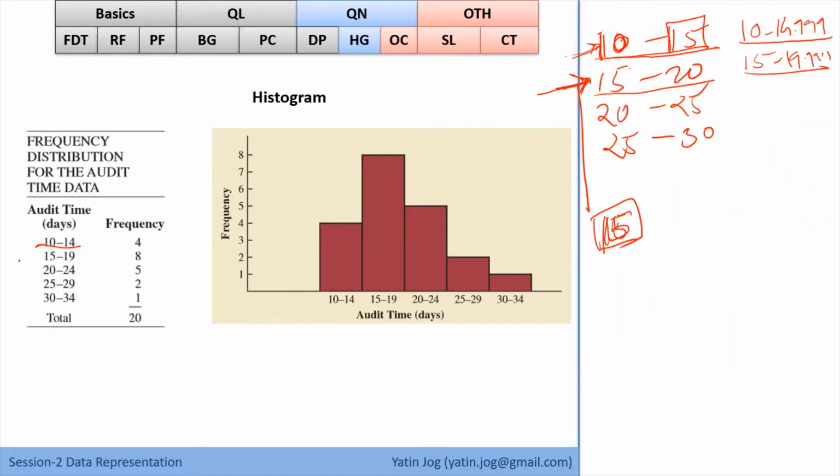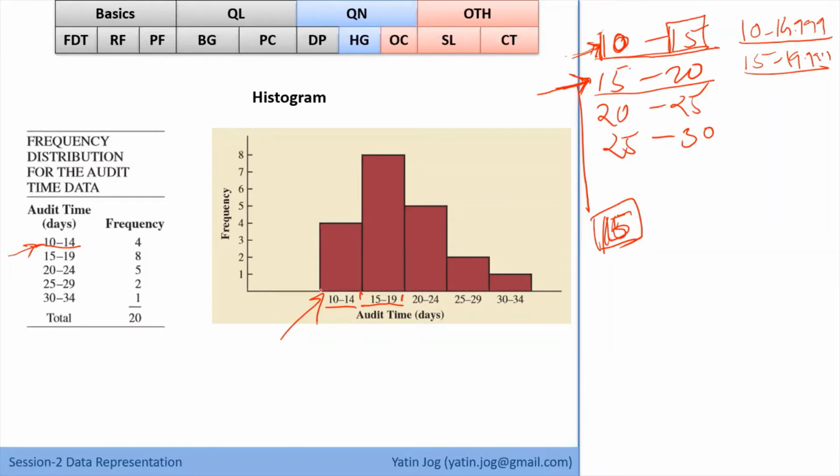Or in some textbooks, you can find the overlapping class intervals also. But still, this is one of the ways to write the class intervals. This doesn't mean that 15 is part of the first class interval. Okay, so these are the two methods. In the reference book which I am referring to, from which I am taking all the notes, they are using this method to represent the class intervals. So just look at the x-axis in this case of a histogram. My x-axis is continuous in nature.